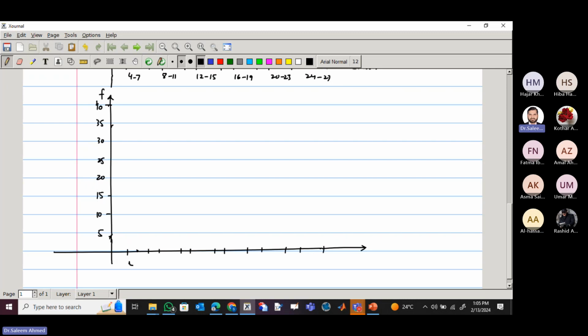So again, you can write 4 to 7, 8 to 11, 12 to 15, 16 to 19, 20 to 23, and 24 to 27. Now the first frequency was 11. That is the same as before. So 10 and 15. Now it's not in the middle. 10 a little more than here, 11, right? And then the next is